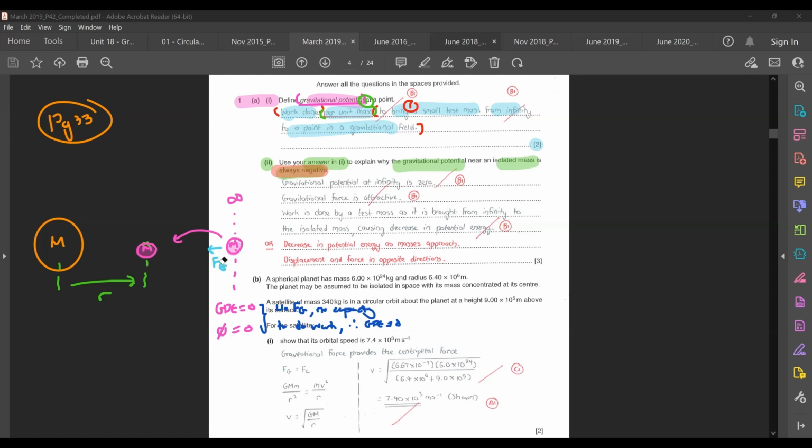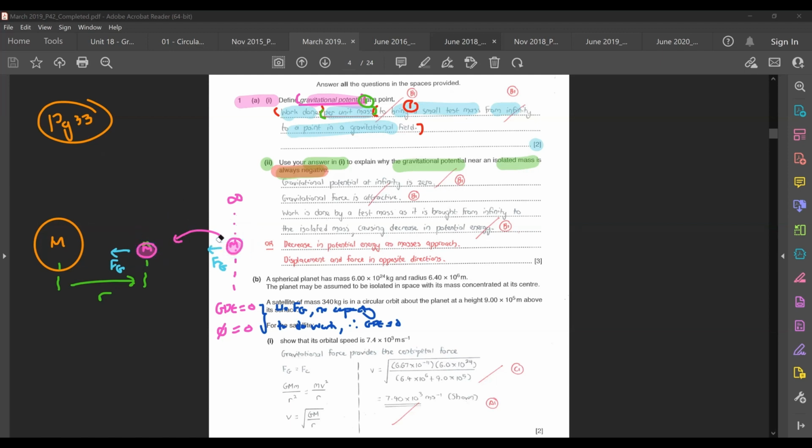And if I go closer towards the mass itself, I definitely have a gravitational force acting on it. So if I wanted to move from this point all the way to this point, I don't really need to purposely apply some sort of force to push it from infinity. There's already an existing gravitational force acting on the mass, so I can just let the mass move